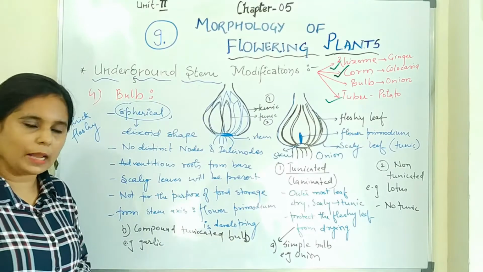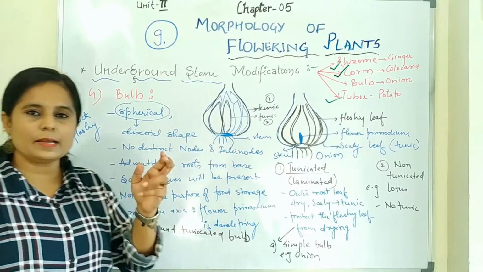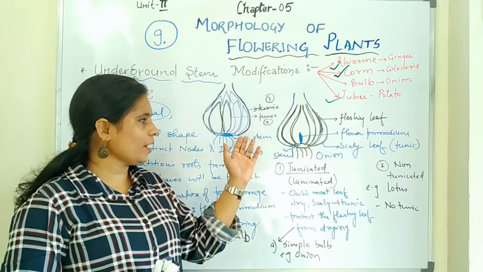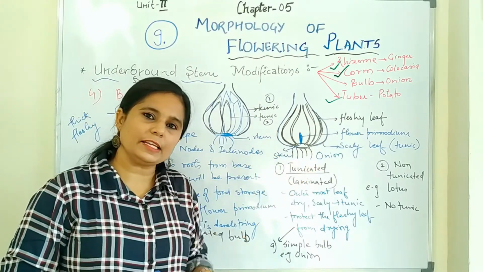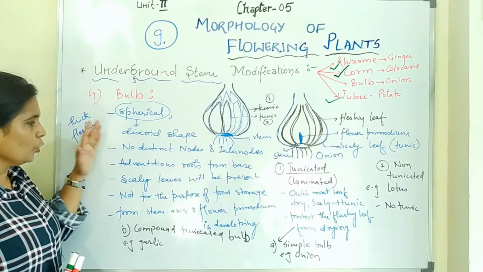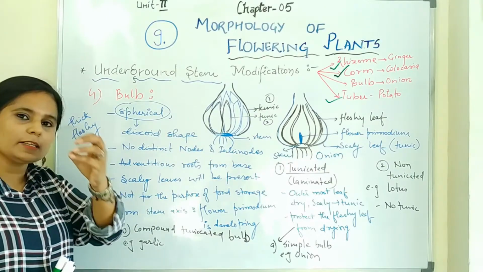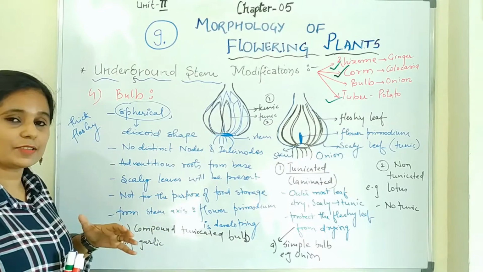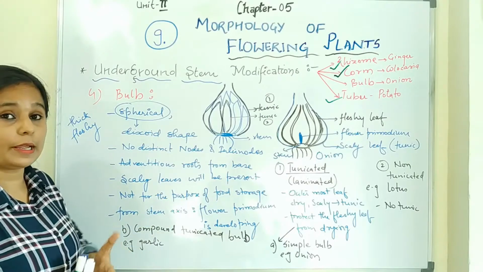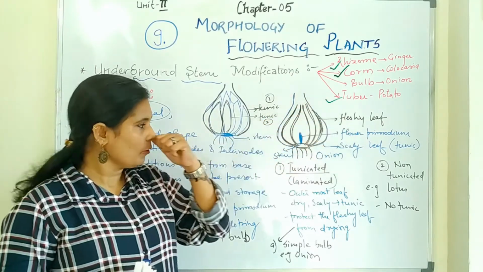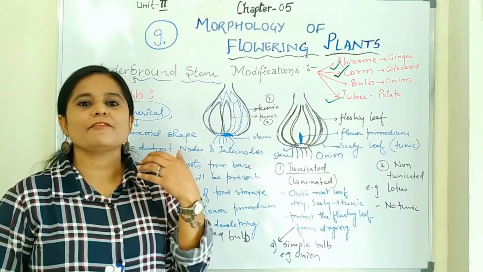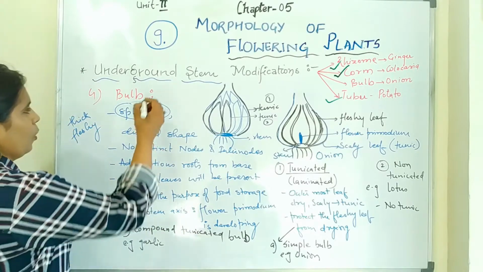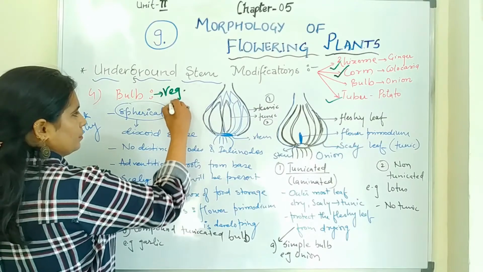This is all about bulb. In bulb, the stem is discoid. They are a little brown in color. They are reduced structures, and from their base you will see adventitious roots coming out. No distinct nodes and internodes, as it is very small in structure, so it will not be distinguished. Scaly leaves will be present, which will also be called tunic. Now here in the case of onion, the leaves are modified for the function of storing food. And this bulb is helping in vegetative propagation.